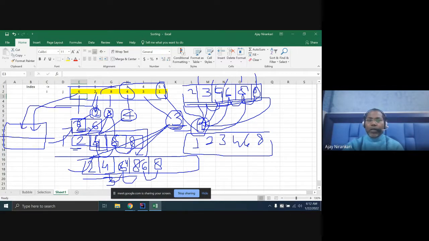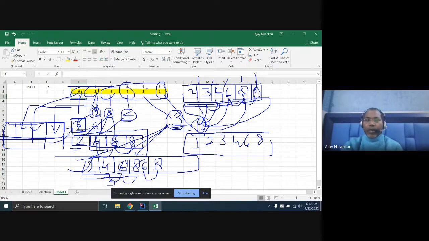Again take the next element and try to put it in the proper position. So in this way you pick one element and put it in the proper place in the sorted array. Again take the next element, put it in the proper place in the sorted array. Due to that we are saying this is an insertion sort.